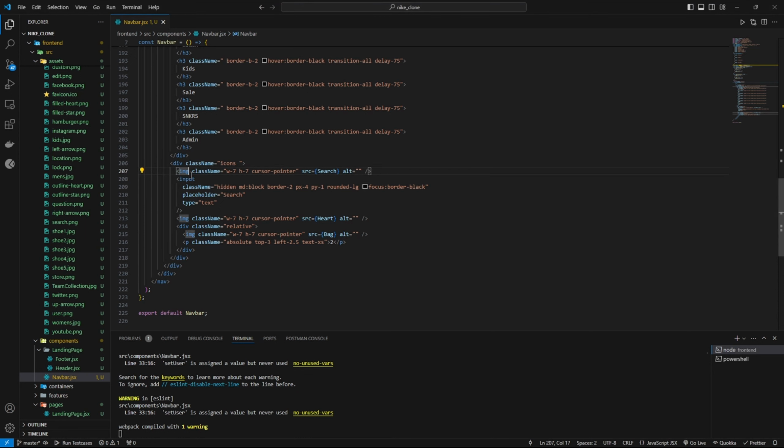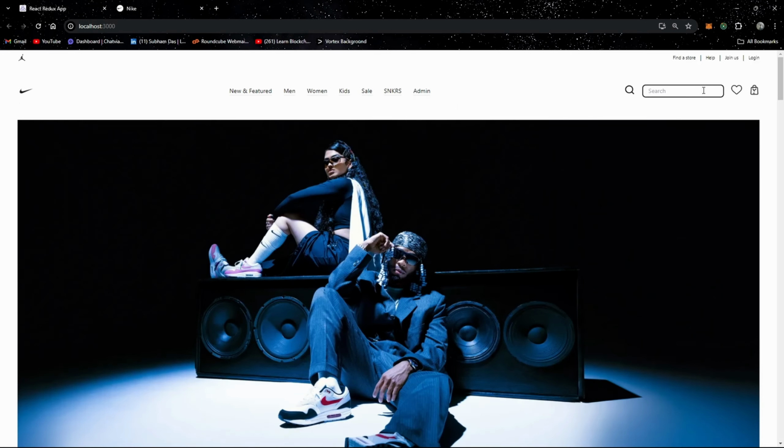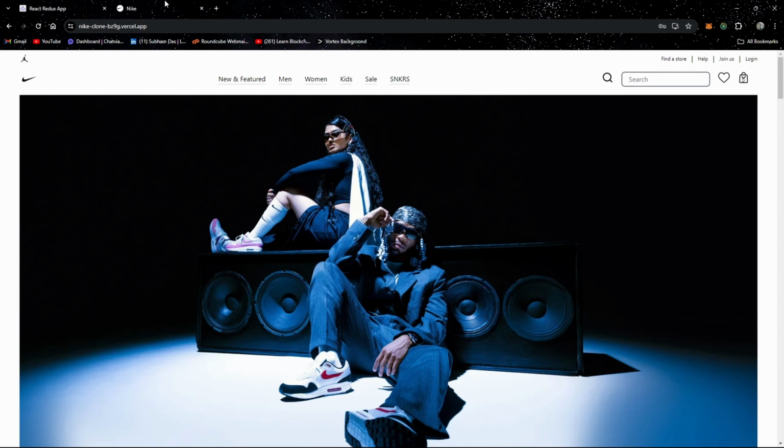For the image I think this is enough, and here in the icons I'm going to make it flex with my of 3 and justify around with gap of 5, let's say. So let's see. Yeah, now it is looking good. Now it is looking somewhere similar to this,